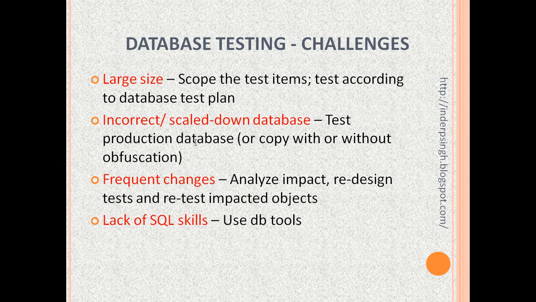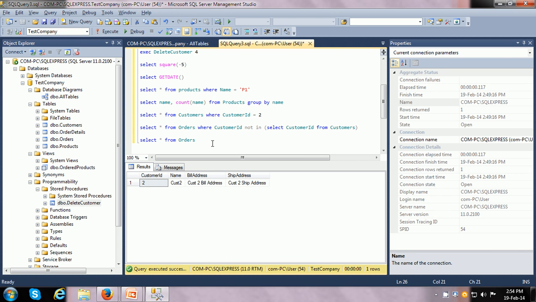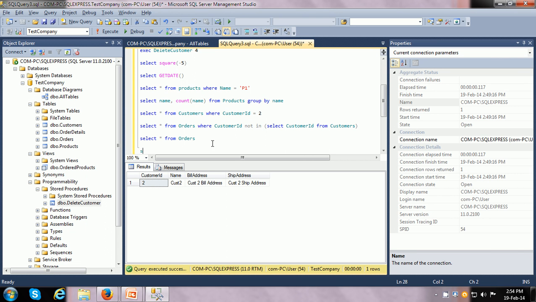One other challenge is the lack of SQL skills. Some testers find SQL a bit hard and think they are not able to use it, but it is not really the case. As I've shown you, it is simple if you just keep it very basic. If you use the select statement, let me show it to you again. So let us say we just want the data from the customers table. All you need to remember is just write a simple select statement, select star from customers, and it will